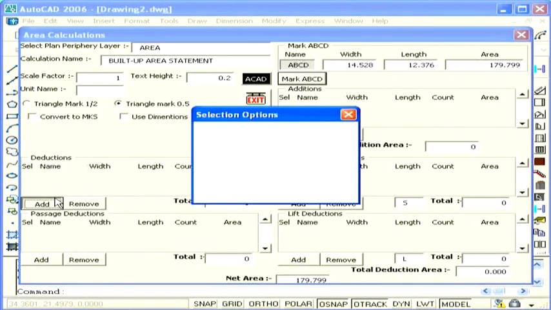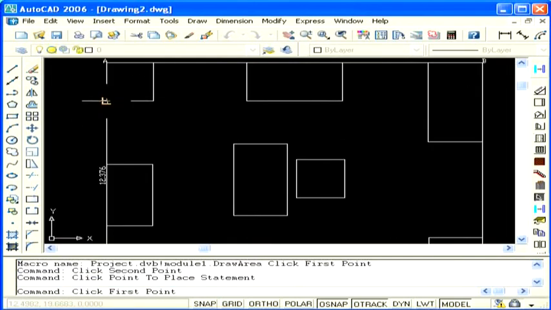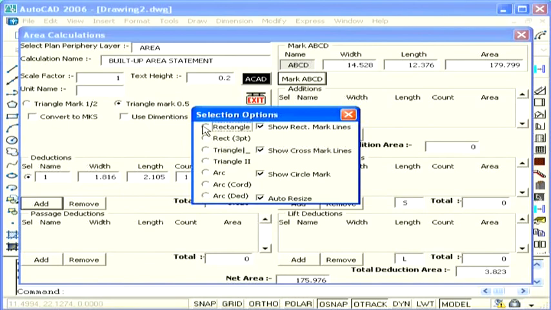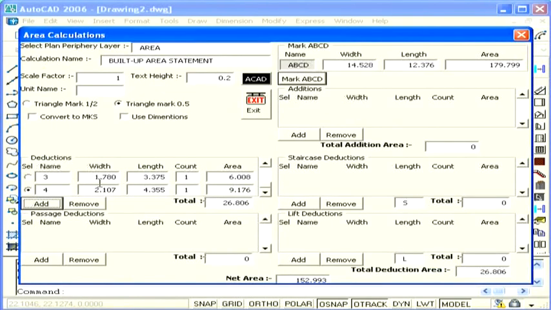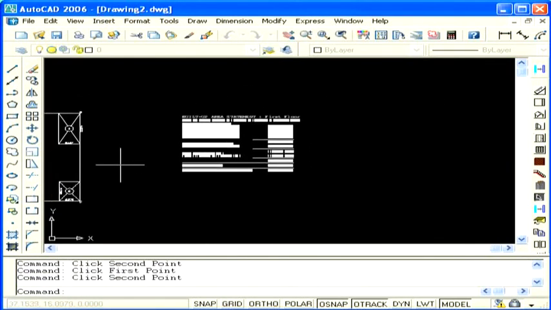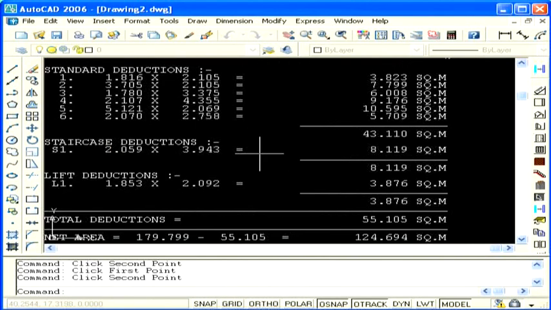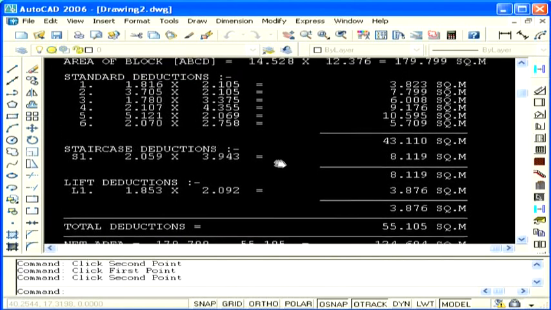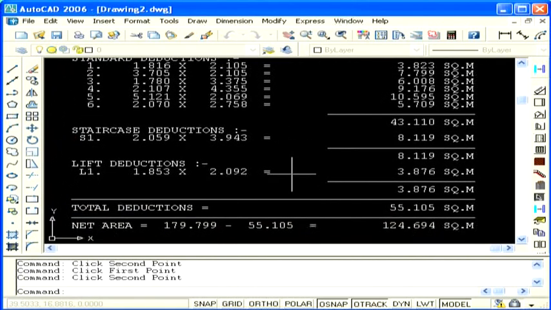This automated process of statement generation and presentation eliminates 3 processes: the calculator and the area calculation for plot area.